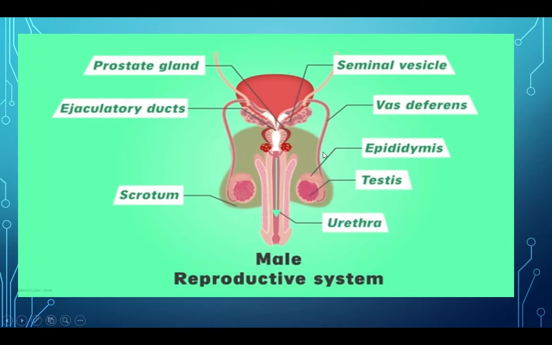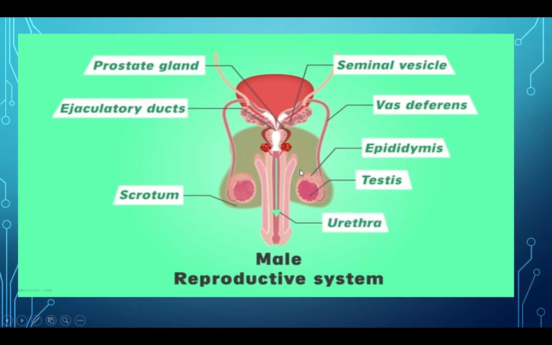Then epididymis, along with the testis you can see the epididymis, and then from there you can see a tube-like structure, which we call the vas deferens, and then this area, the ejaculatory duct, and then the penis. Okay, and the testes are present inside the scrotum. There is a bag-like appearance, right? So the testis is located inside the scrotum.